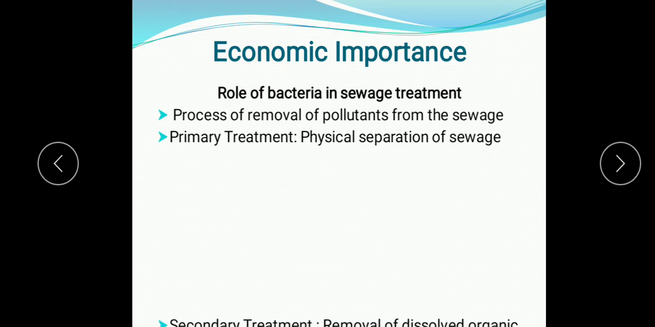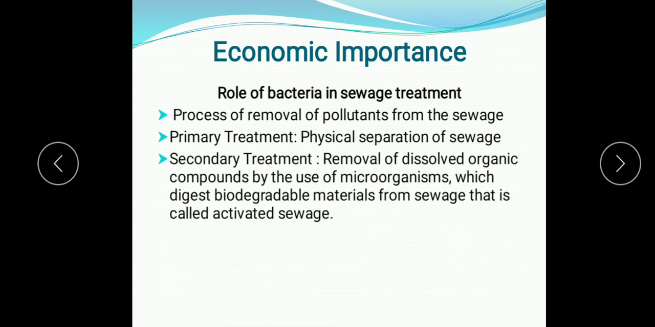Now what happens in the primary treatment? In the primary treatment, there is physical separation of sewage into solid and liquid by using settling chambers or settling basins. After that, the sewage is sent for the secondary treatment. In secondary treatment, what happens? It involves the removal of dissolved organic compounds by the use of microorganisms. They digest biodegradable material from sewage,